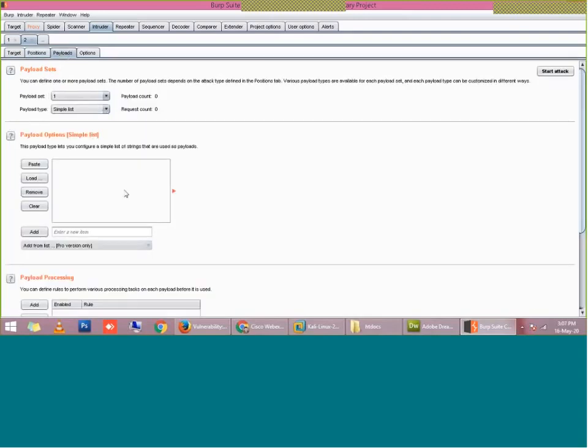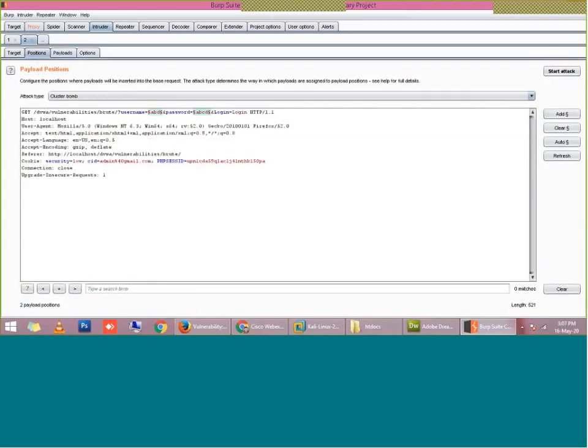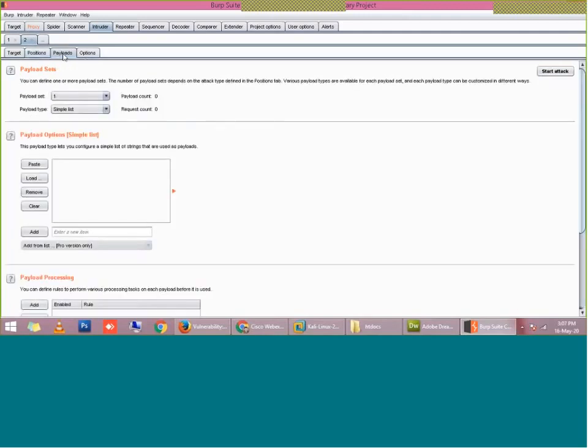Here in payload, I have to specify some well-known usernames and passwords. We have only two positions. The first position was username and the second position was password. So in the payload, it will show you two payload sets, 1 and 2. 1 is meant for your username and 2 is meant for your password.